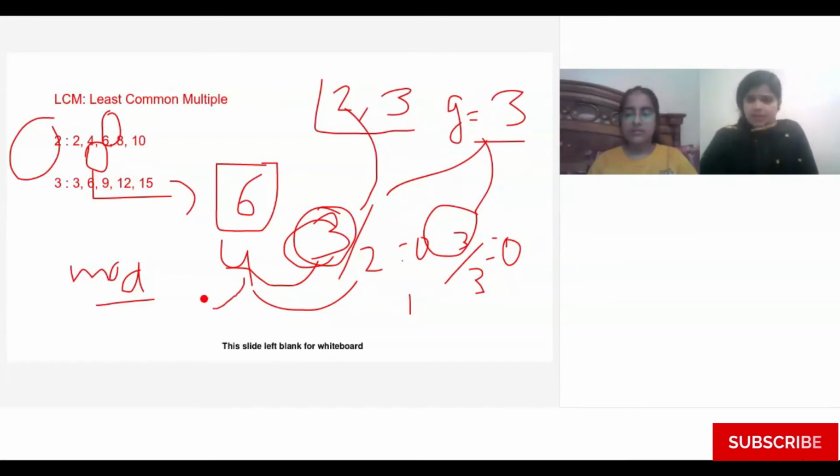So again we'll increment the value of greater number by 1. We'll get 5. Again the same story. We'll update it again and get 6. Now this time when we divide 6 with 2, we'll get the remainder as 0, right? And when we divide 6 with 3, again we'll get the remainder as 0. Since we got the remainder as 0 for both, it means that our LCM is